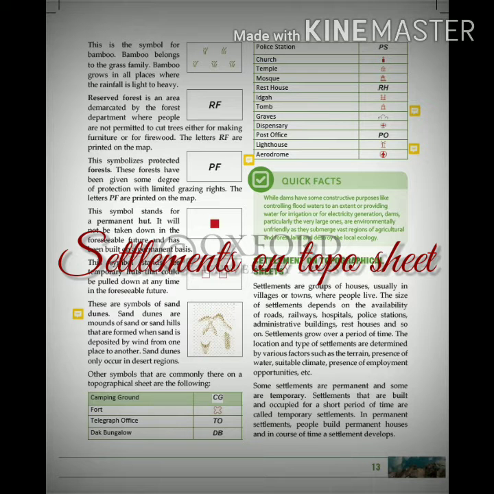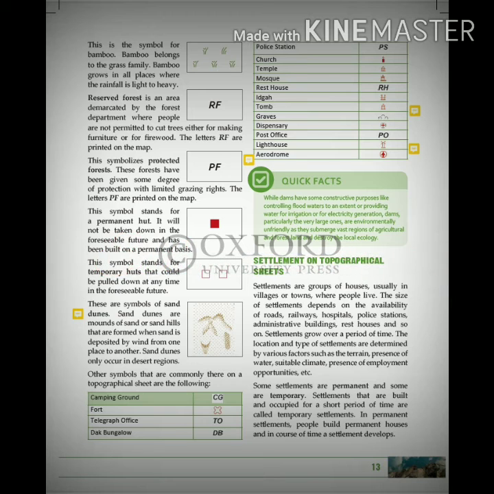Settlements on topo sheet. A settlement is any form of human dwelling from the smallest house to the largest city. Settlements can vary in size from very small to an extremely large area, though this size depends on the availability of roads, railways, hospitals, police station, administrative building, rest house, and so on.